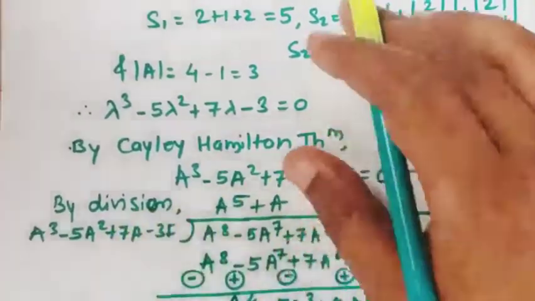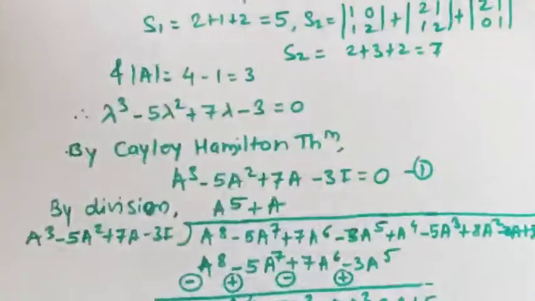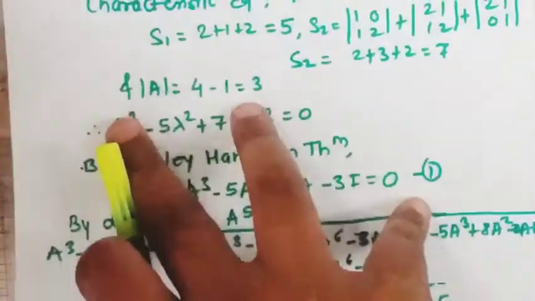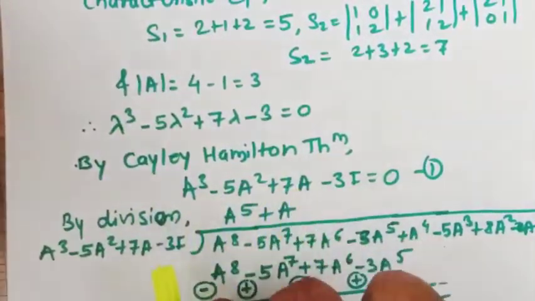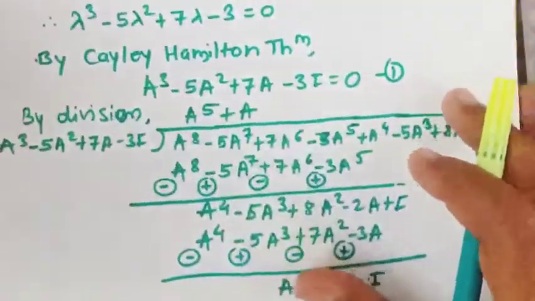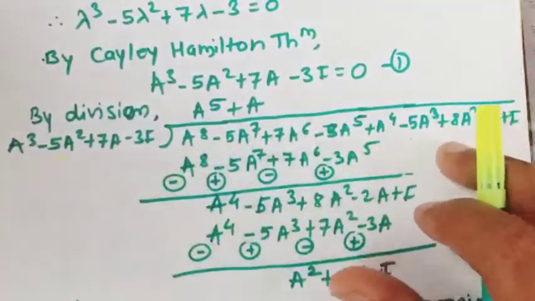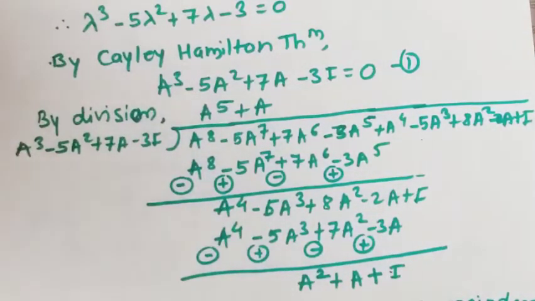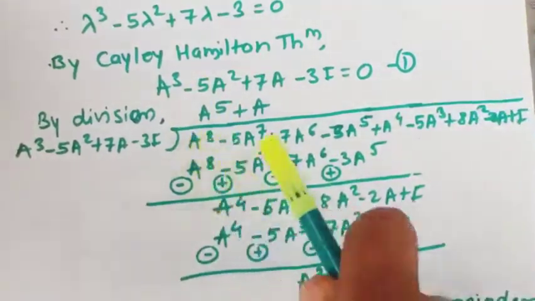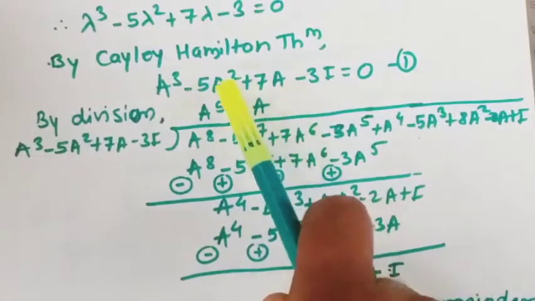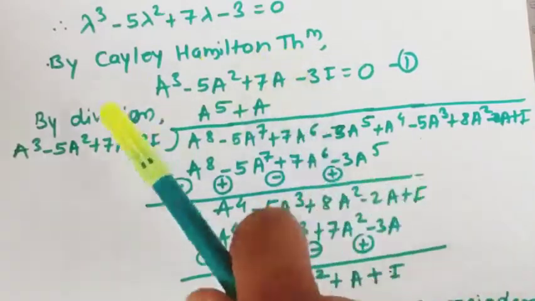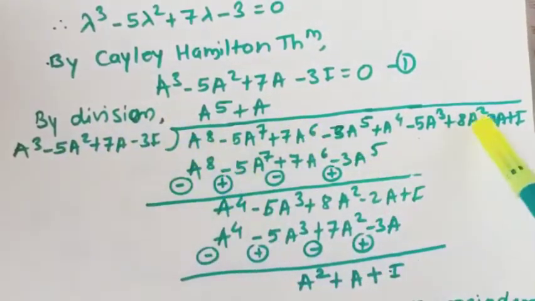Now we have this equation by using Cayley-Hamilton theorem, because they have asked us to apply it to calculate this value. Now we are going to make use of this equation to obtain the value of the given expression. This is the given expression. So how can you determine the value of that big expression easily? Very first you divide that big expression by the characteristic equation, whatever equation you obtained after using Cayley-Hamilton theorem. By that equation you are going to divide the given expression.